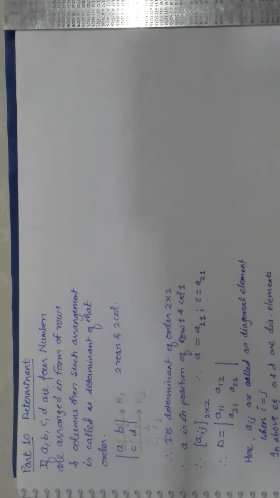Now when I go further, what do I come to know? If A11, A22, A33, A44, A55 are diagonal elements, then can this one, B and C like this, be diagonal? No, they aren't diagonal elements. The diagonal elements are only those which have the same row number and column number.